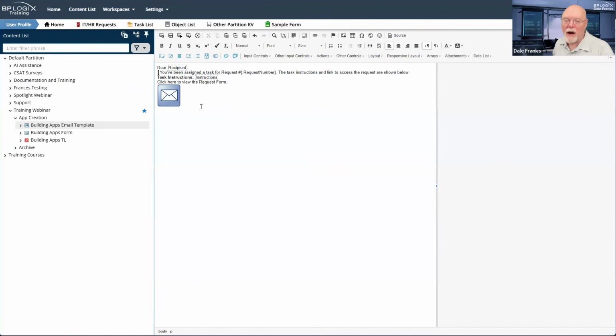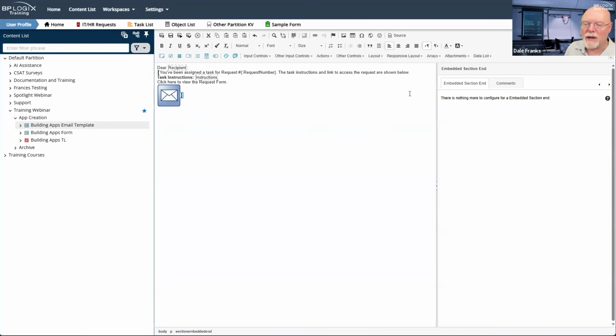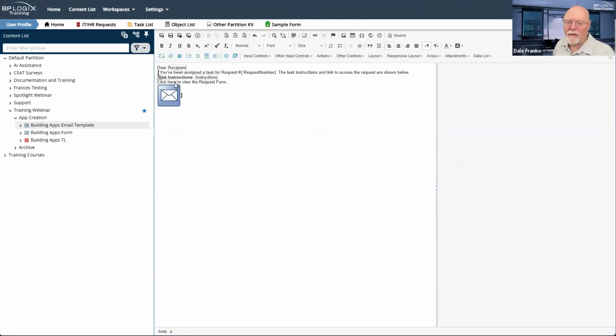That's our entire message. So we need to close this embedded section. We'll go back to layout and go to embedded section end, and that ends our embedded section. So we now have an encapsulated message that has its own email data control for task assignment.